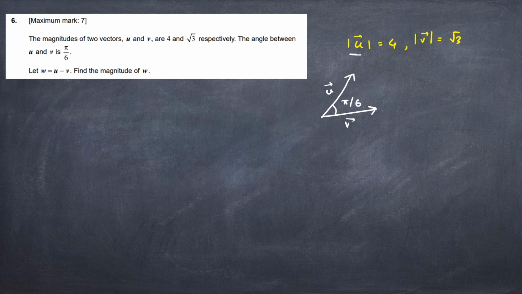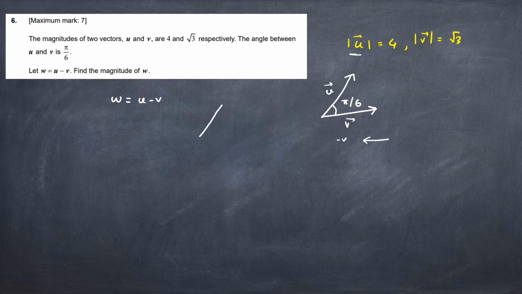Now what we need to find out here is w is equals to u minus v. Just see this particular fact. If we do this problem in this particular way, how can we get the part? If we change the direction of v from this side to this side, then it will be minus v. Just the direction will be from this side to this side.